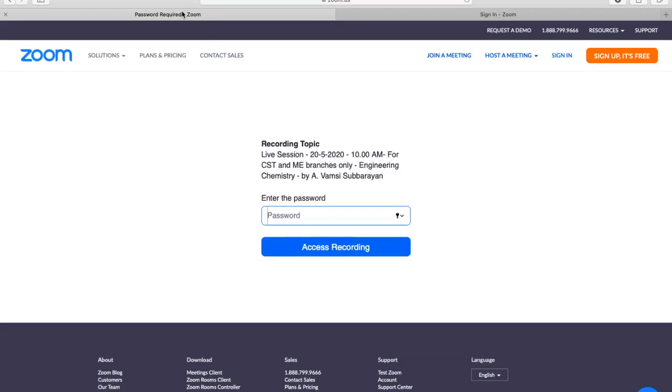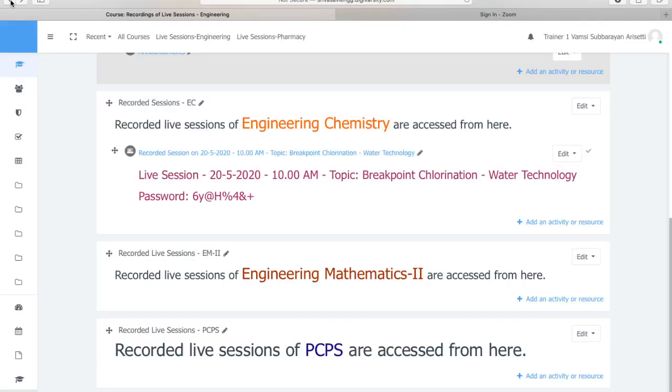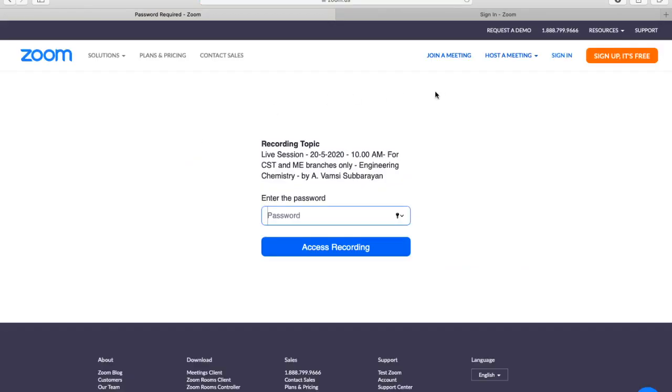Right. When the students click on this link, they will be redirected to Zoom, where they have to type the password we had provided.